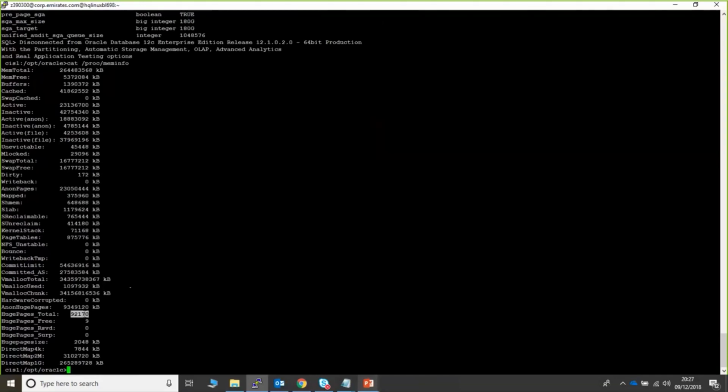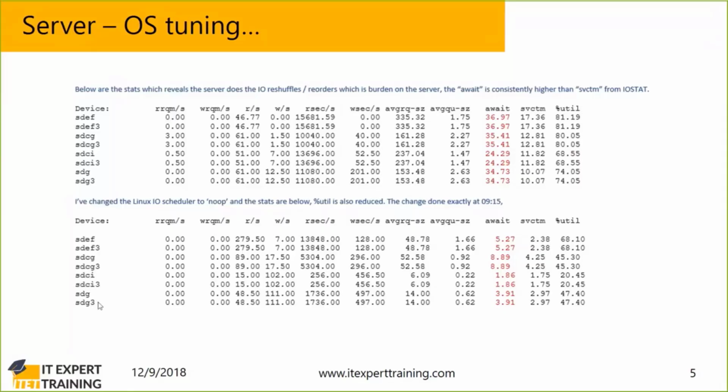If you want to know how to set the huge page, we will be covering it in detail in the next course: whether the server is the right candidate for huge page, and how we get the values to set the huge page at the server level. With the help of the server team, we should be able to set the right huge page value to avoid swapping, because swapping is a common problem in our environment. That's why we are very much focused on it. Now it's not there, but it was the case earlier.